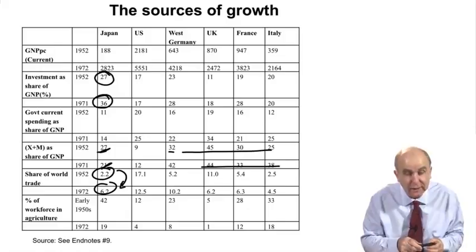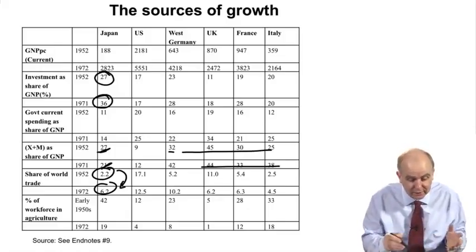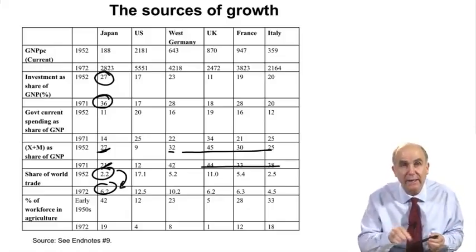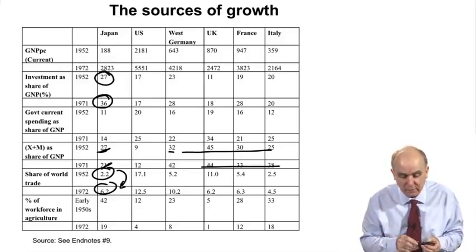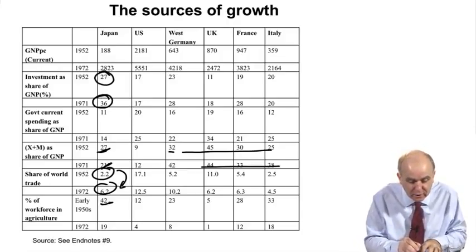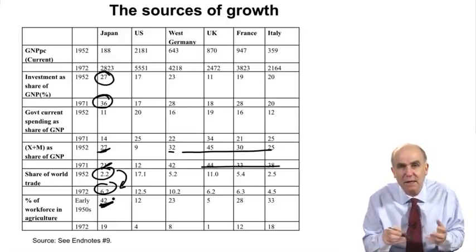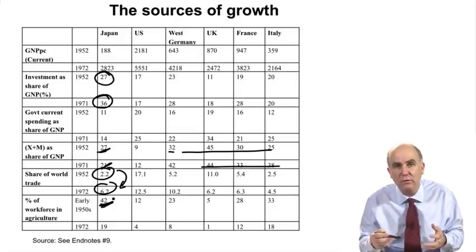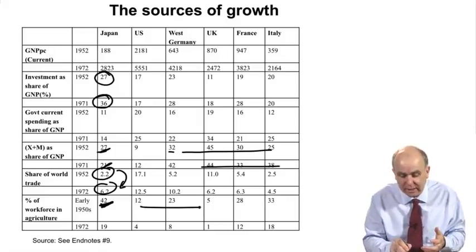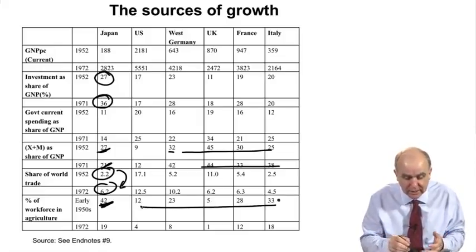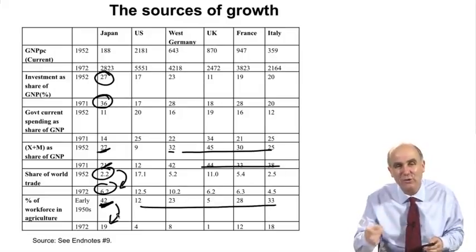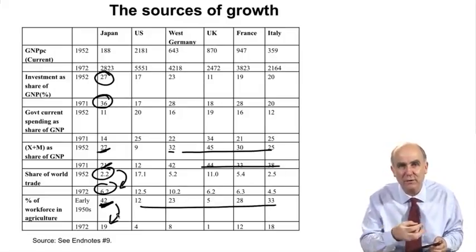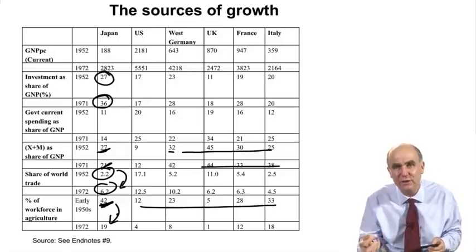The final thing in this table is the percentage of the workforce in agriculture. And here we see another major driver of Japanese economic development during this period. That in the early 1950s, Japan still has a much larger proportion of its workforce in agriculture than other developed economies. And so Japan is able to achieve much larger increases in productivity by transferring workers from agriculture to industry